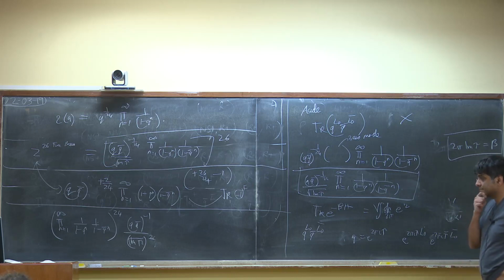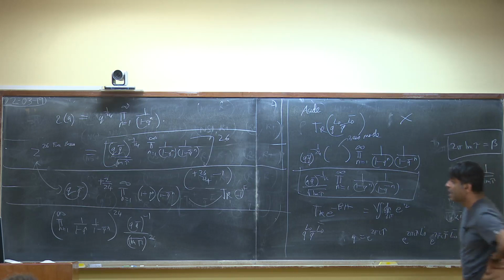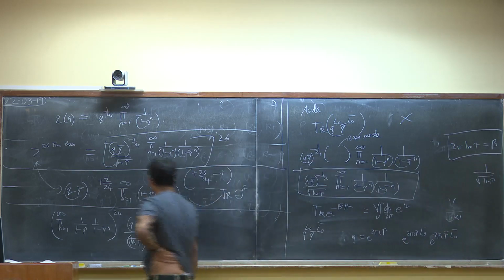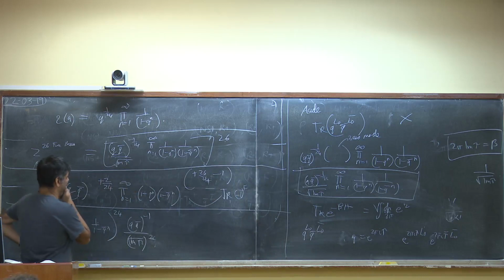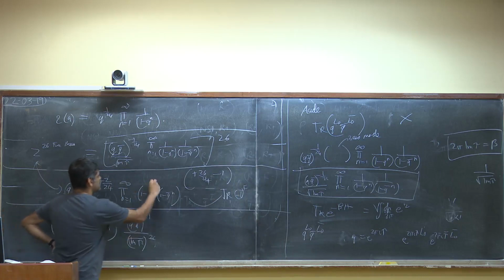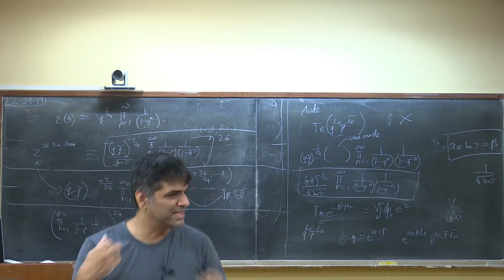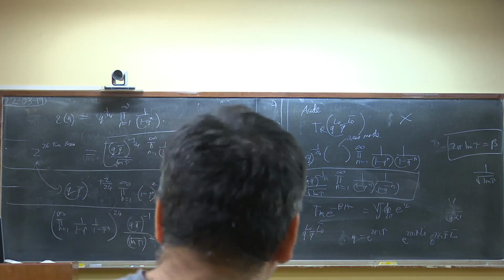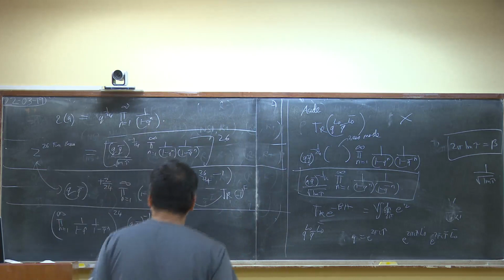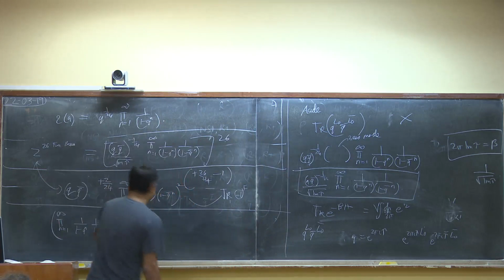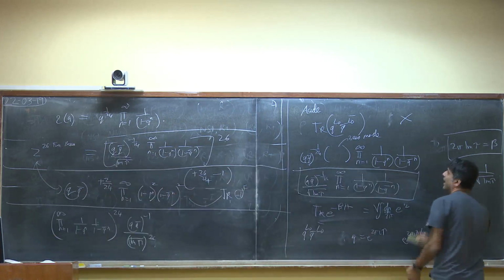There is just one factor, two factors in the 1 minus q to the power n in the numerator. Sorry, this was square and square. Thank you, because each of B and C had their own oscillators. And because of that square and square, we have actually the 24. Okay.